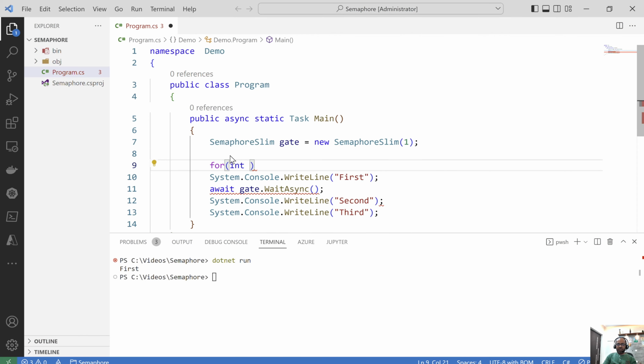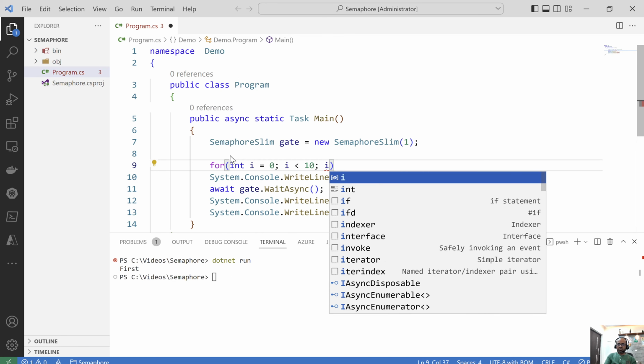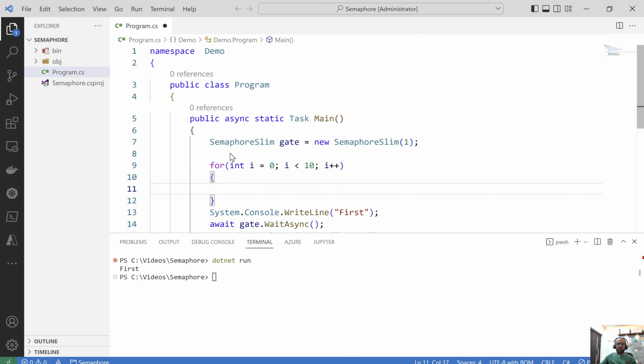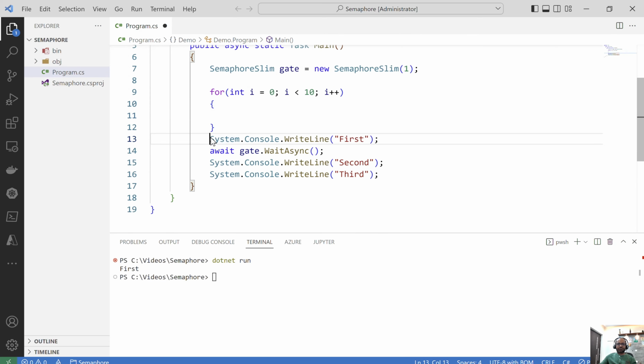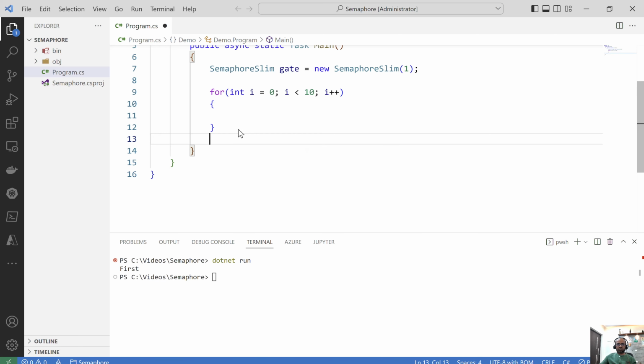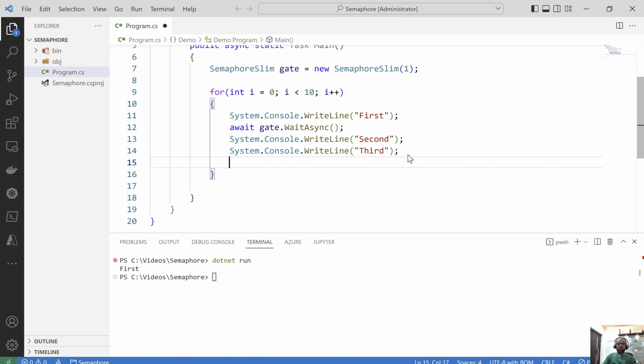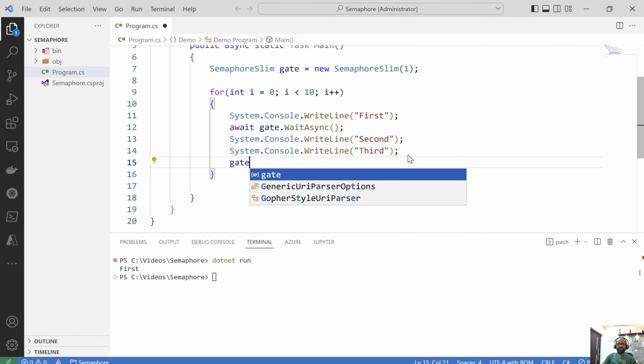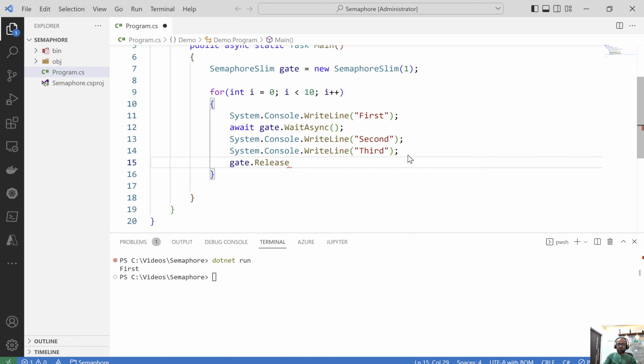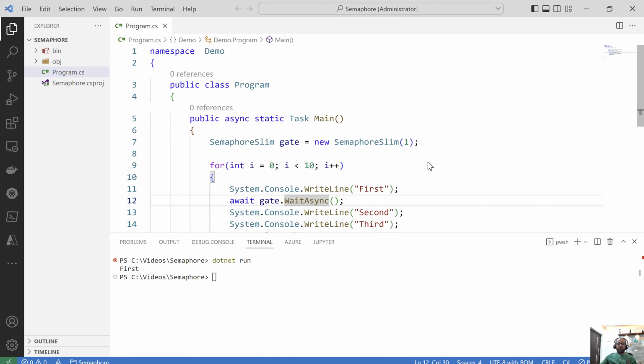Let me bring in a loop as well, and also release the gate. So if we try to run this program,